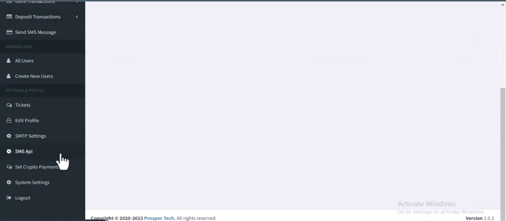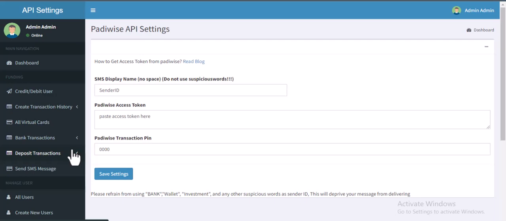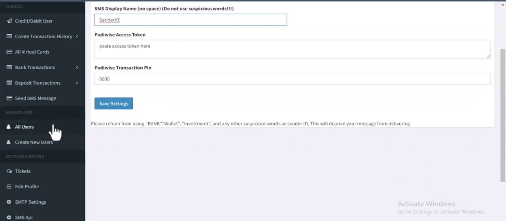a payment method, Bitcoin, Ethereum or USDT, whichever one you want to add. Look at SMS API. If you have an active SMS API, I told you that this script comes with email and SMS alert. So look at here, the SMS API you will use is Paddywise access token and Paddywise transaction pin, and look at the instruction here, and you are good to go. Okay, look at here is all users